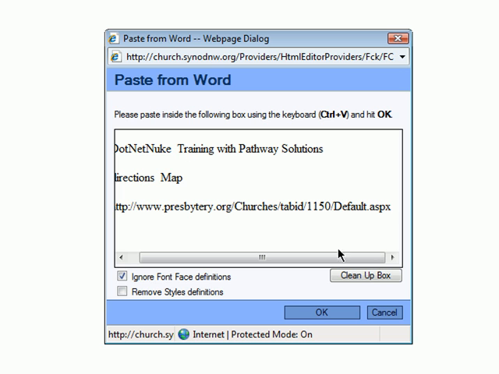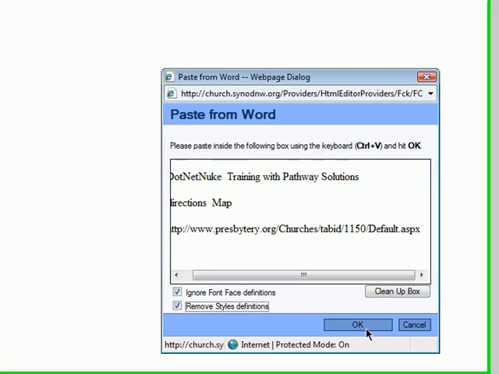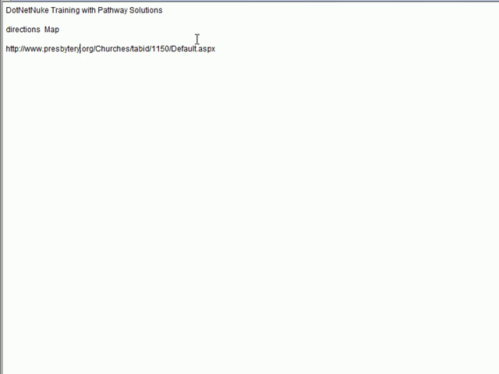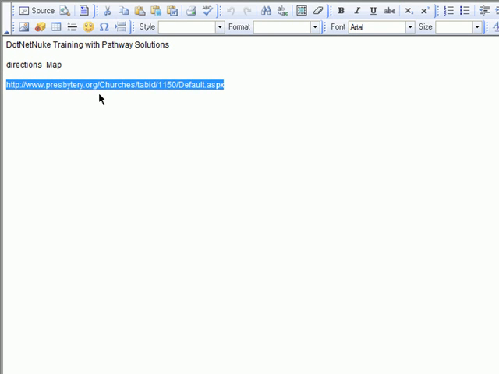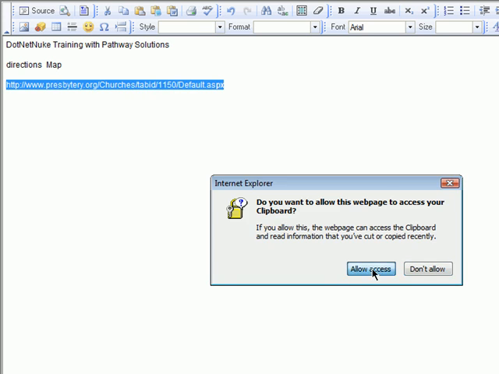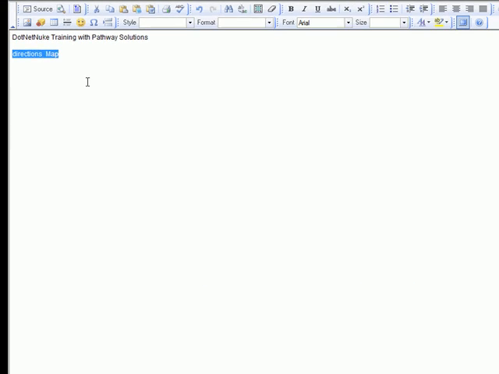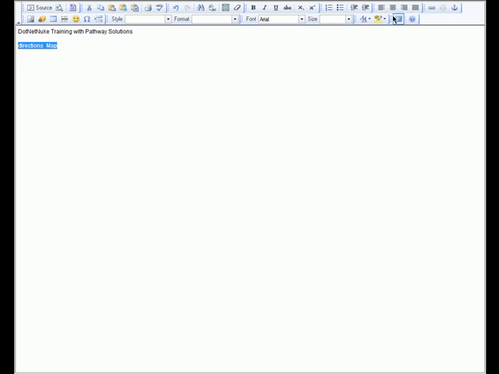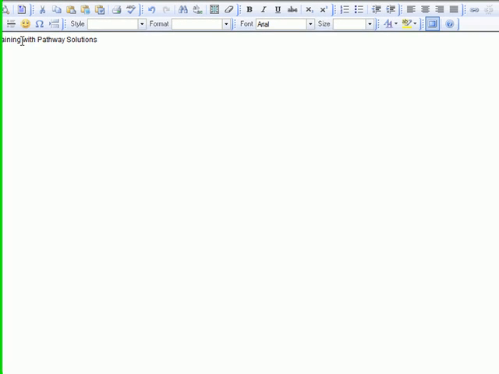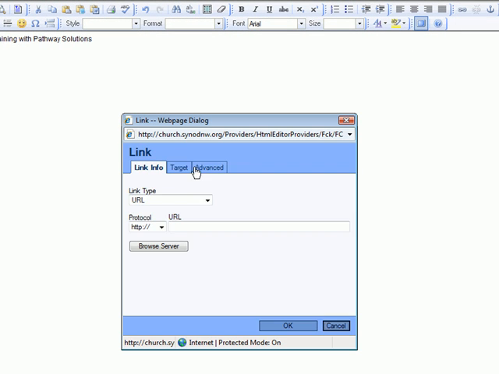We're going to paste it into the box, the cleanup box first, and then we're going to go and paste it in there. Okay, now we have it in there. Now I have this linked to a map here, and what I want to do is I'm going to cut that off here. I'm going to cut it out of here, and I'm going to put a link on for my directions. Over here is where it's hiding,